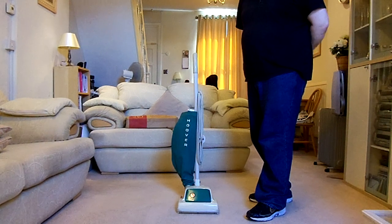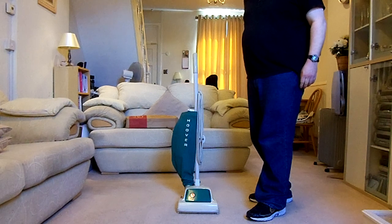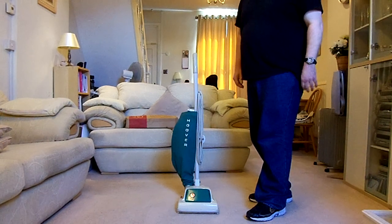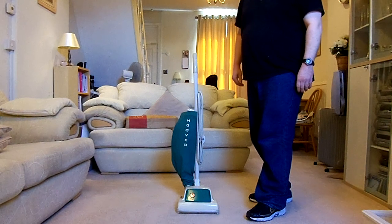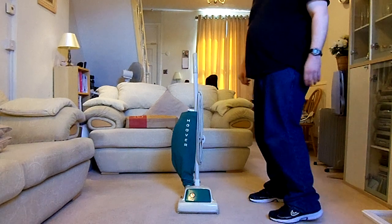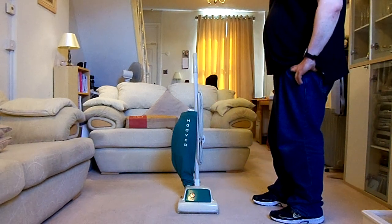The condition it's in is remarkably good. It's gone a little bit faded now over the years. It's gone a little bit more of an ivory colour than white. Maybe that's how it would have been originally, I don't know. But yeah, it is a model